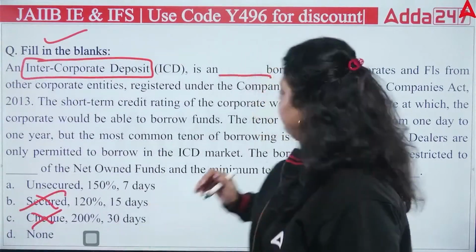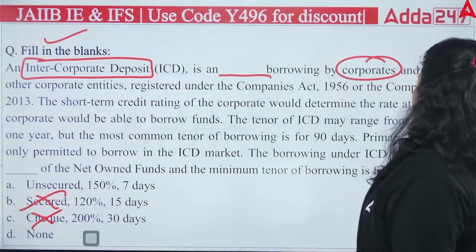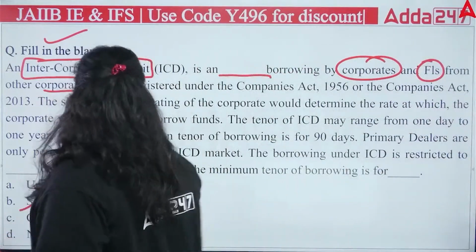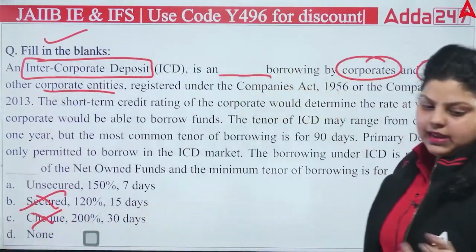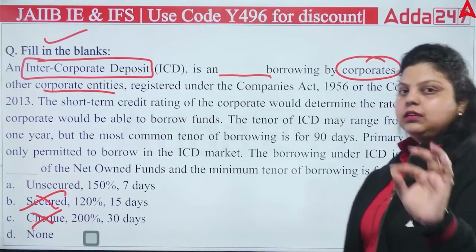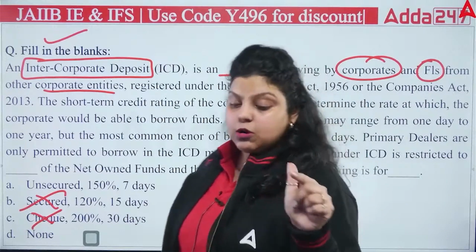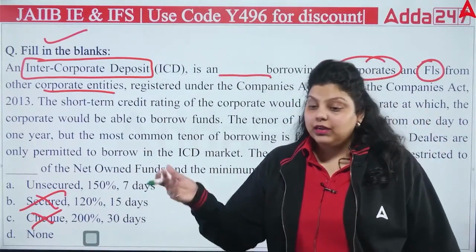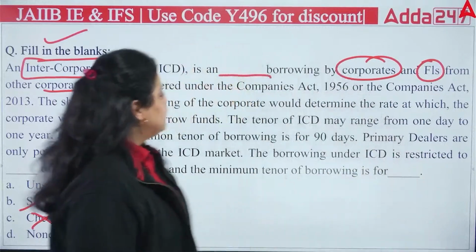By whom? By the corporates and financial institutions. From whom? From other corporate entities which are registered under the Companies Act 1956 or 2013. Clear? So this is very clear: because the corporates are involved, it is unsecured borrowing. Okay, it is unsecured borrowing. Now the next thing we have here,